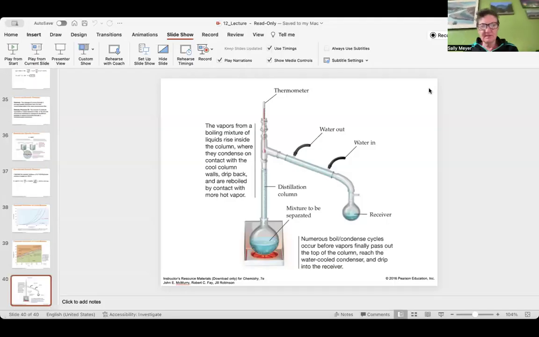And that is it for the rest of the chapter on solutions. So we will stop there. We have one more chapter on electrochem, which